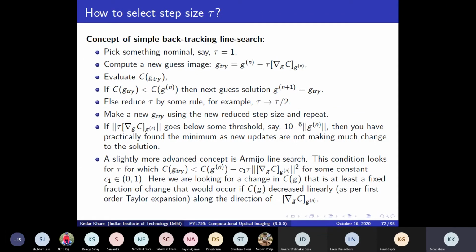So this concept is not really required for you initially. The basic line search should be sufficient. But if you get more advanced into optimization problems, then maybe at some point I will ask you to implement this Armijo line search. Practically it can help you to make sure that your step size is not too small and not too large. But we will not discuss this point too much in this class right now.